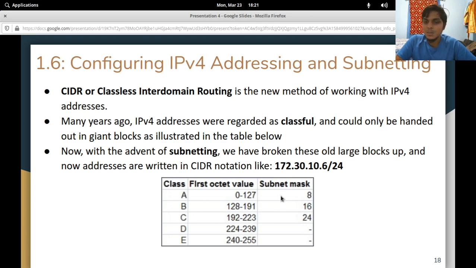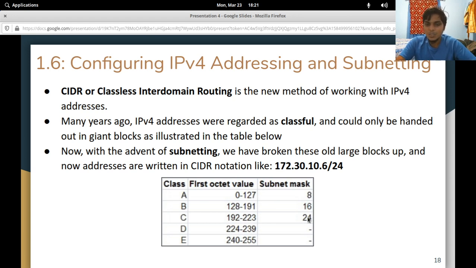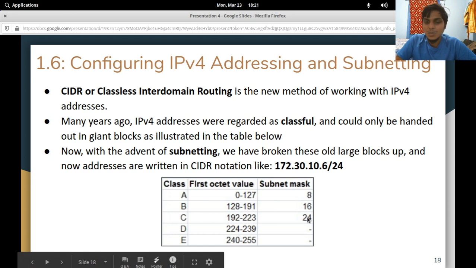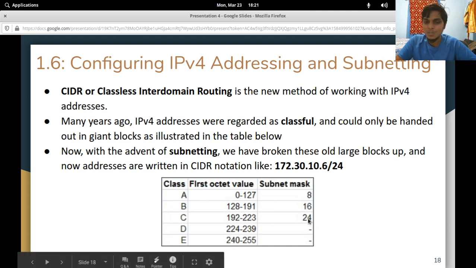So because of this, what people are doing now is taking these large /8 blocks and breaking them up using this magical thing that we just found called subnetting. For instance, a big organization might be assigned a /24 and might need to use subnetting to maximize the use of that /24. They can't just have one network using that whole /24. They need to make sure that all the networks in their organization can use the addresses in that /24. So they would break up the /24 and create /25s or /26s or /27s and maximize that IP address space usage.